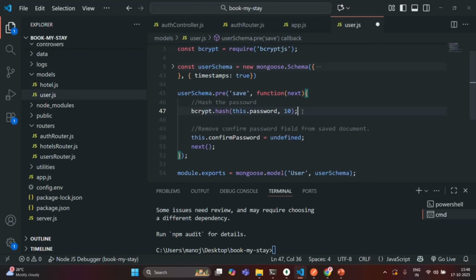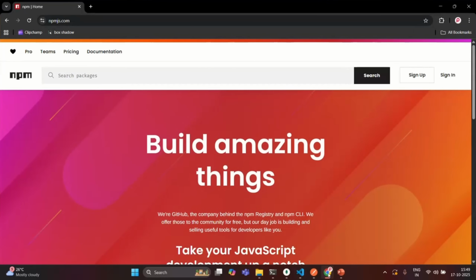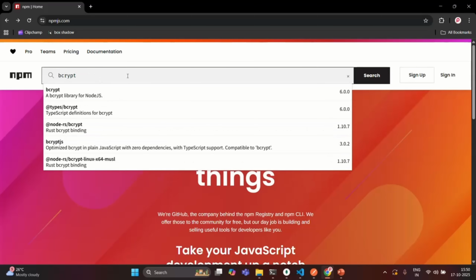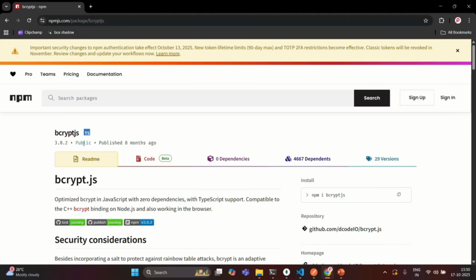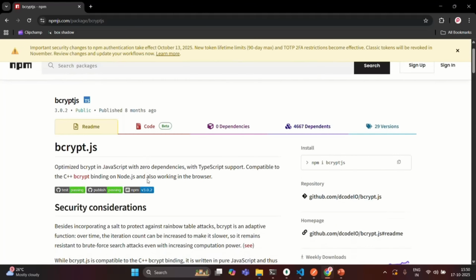All right. And let me also show you the documentation for this Bcrypt.js package. For that, let's go to the browser. There I have already opened npmjs.com. Here, let's search for Bcrypt.js. So here we have Bcrypt.js. Okay, so here you can see the documentation for Bcrypt.js. If I scroll down,